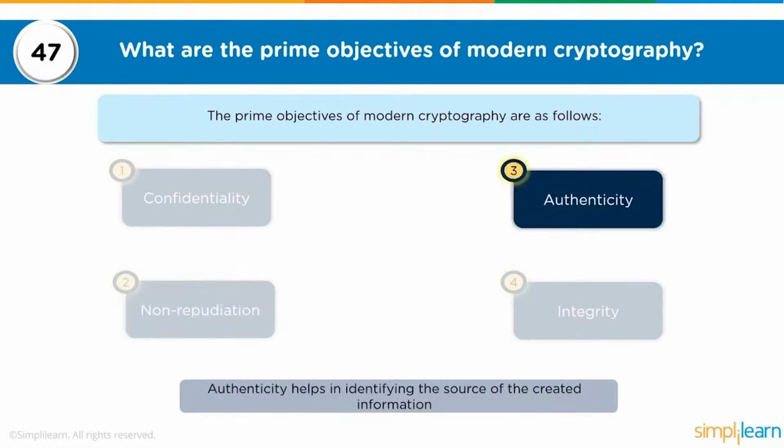Then comes the part of authenticity. Now, in confidentiality, we have created a digital identity, assigned it to a particular person, and we have given them digital signatures where they cannot deny having been a part of that transaction. But authenticity is the part where they try to prove that they are who they claim to be. So if I am claiming a digital identity, I have to prove that I am that person who I'm trying